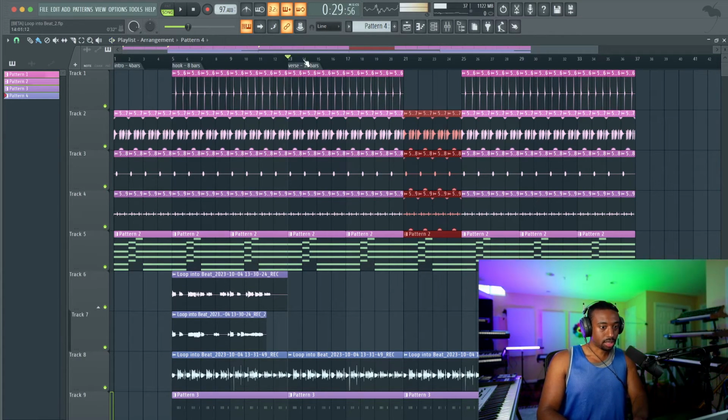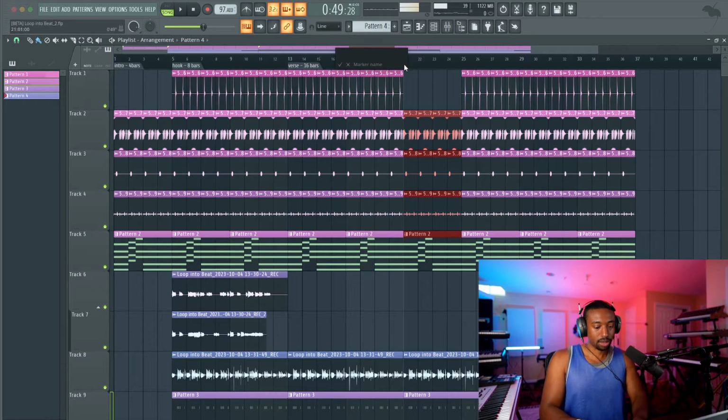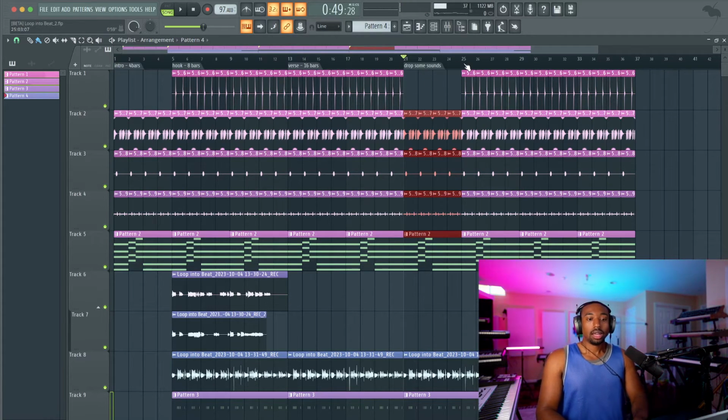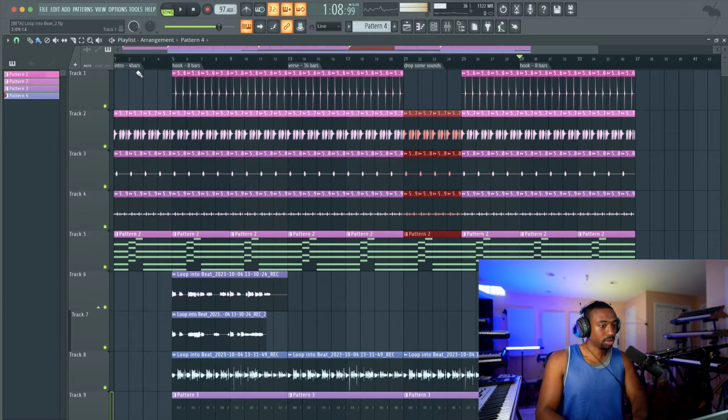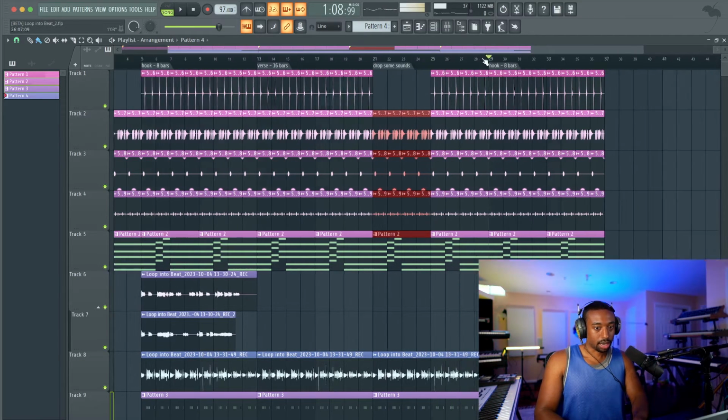Okay, so the verse starts here. And then that's 8 and then 8. So in the 16, we have a verse dropout. I'm just going to mark it as a dropout. Drop some sounds. It's not like a section though. Okay, and then the end of the verse, then back to the hook, which is 8 bars. So we have intro 4 bars, hook 8 bars, verse 16 bars, and then the 8 bar hook.